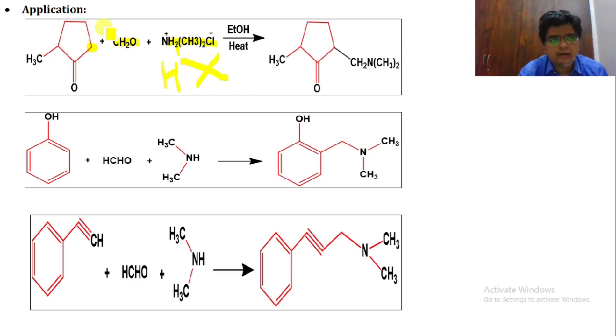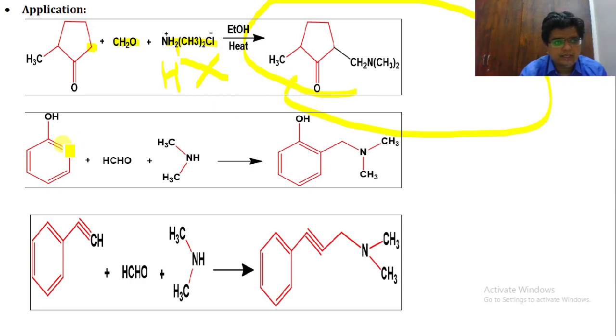Okay, so here we are having a CH2, here we are having a N. Okay, hydrogen will be removed from here, so that is CH2 from here, nitrogen from here and CH3 twice over here. So here we are producing a Mannich base. Okay, suppose if we are having a OH group, that is a phenolic compound, when we are reacting with the HCHO, so this is our formaldehyde molecule. When it is reacted with the dimethyl amine compound, not aniline, dimethyl amine compound.